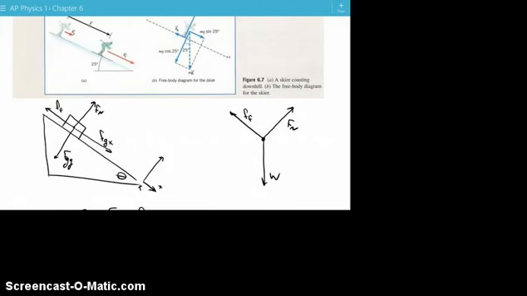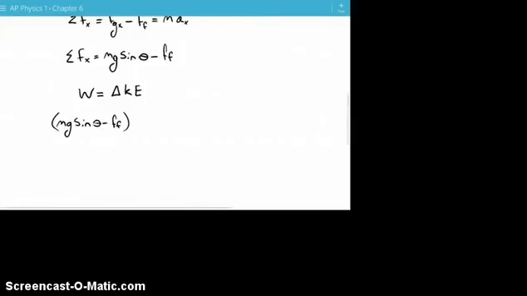Zero. Yeah, because we did this work like we do on inclined plane problems, we made sure that we found the net force along the incline, right? And the incline is the direction of displacement. So we've already actually taken care of that part. So we've got a cosine 0 there. And then we've got our displacement. That's going to be equal to our change in kinetic energy, which